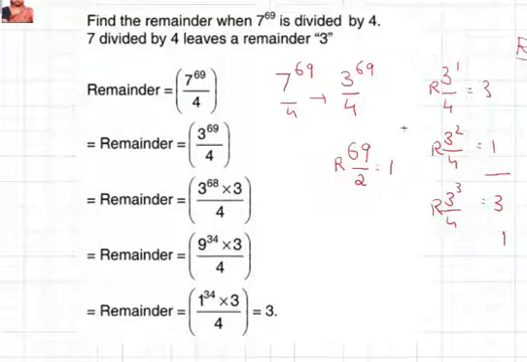So here there are only 2 cycles. Cycle is 2. So therefore you will have 1 or 0 as a remainder. So if it is 1, it's going to be 3. If it is 0, it's going to be 1. So now we are getting 1. Therefore the answer is 3. This is another way of doing it. Okay, so we'll go for the next, negative remainder. That we'll see.